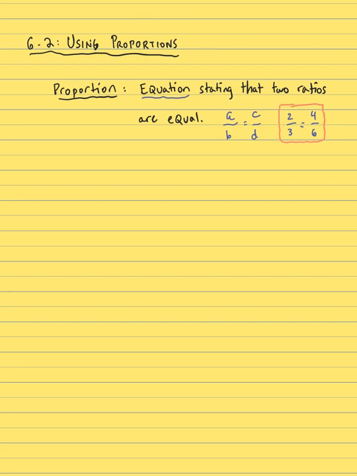Now, when it comes to something special about proportions, we can state this in English or in math. In English, we're going to say that the cross products, we'll talk about what that is, of a proportion, are equal. And the best way to show what that means is by telling you what it is